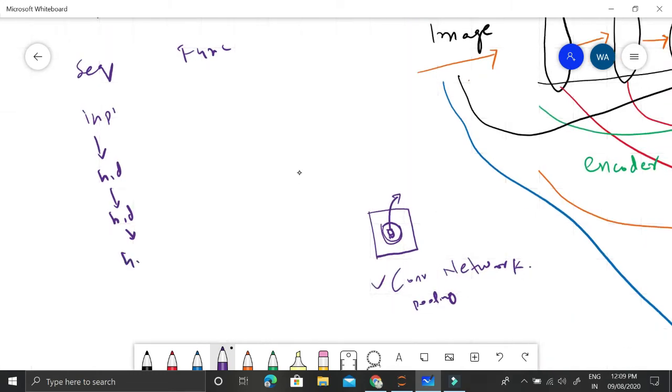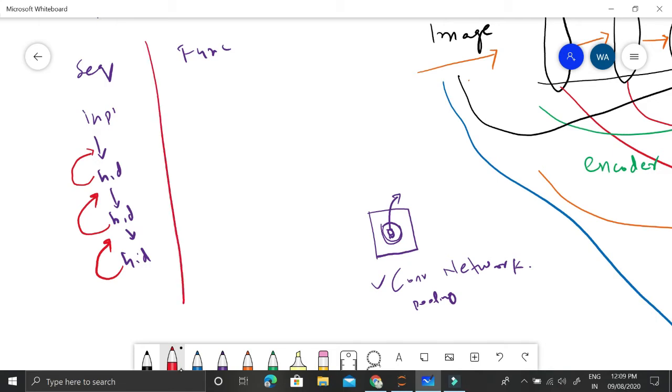So what happens is that we are assuming that the input to this hidden layer is coming from the previous input layer, the input to the second hidden layer is coming from the output of the previous hidden layer, and the input to this third hidden layer is coming from the output of this second hidden layer. So this is an internal assumption, and this is how the sequential API works.